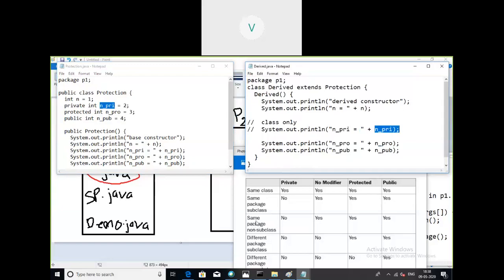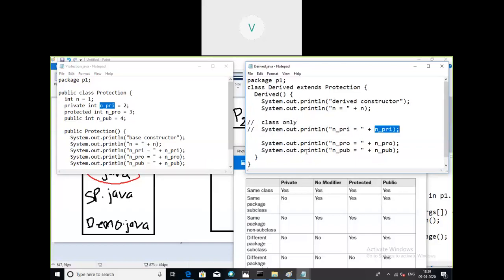Because a class present in the same package, but which is not a subclass, is not allowed to access the private member. Access specification is no here. Once you remove these comments, we'll get the error message. Just for demonstration purposes, these lines have been commented. So the private member you are not allowed to access.